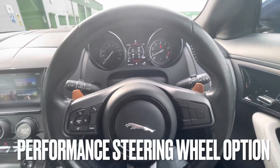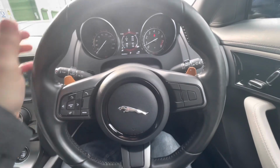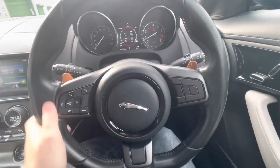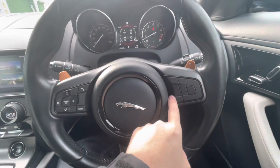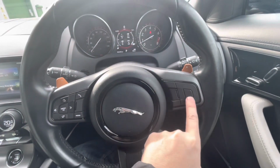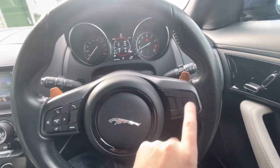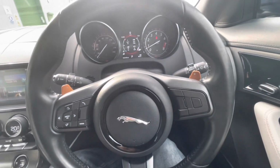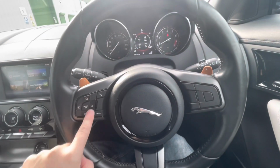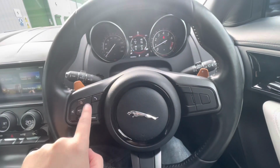Right then, so in the driver's seat of my F-Type, first thing you see is the performance steering wheel, nice thick chunky leather steering wheel, nice and soft leather, nice stitching on it. You'll notice on this side, nothing, and that's because that's where cruise control should be. And if you're listening, Jaguar, it's absolutely appalling that you don't fit cruise control on what was a 60,000–70,000 pound car brand new. On this side, you've got all your volume controls for your radio, menu for the driver's screen